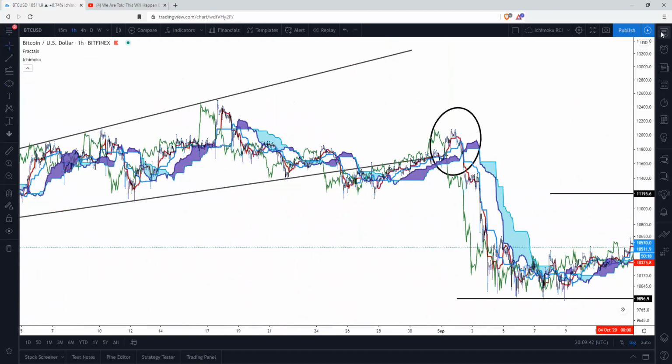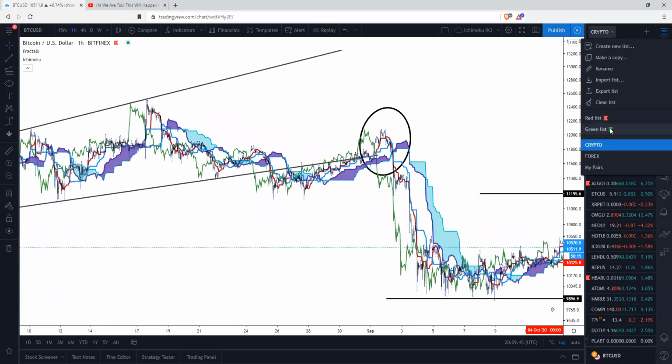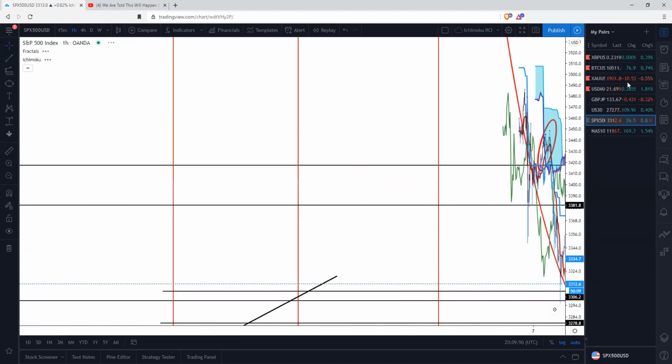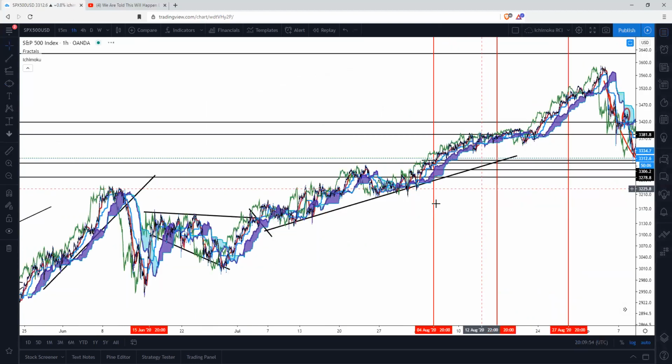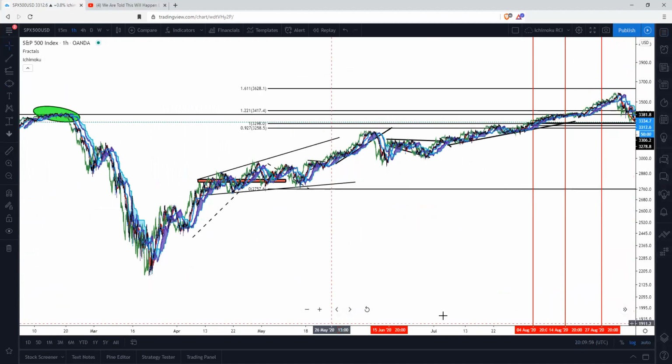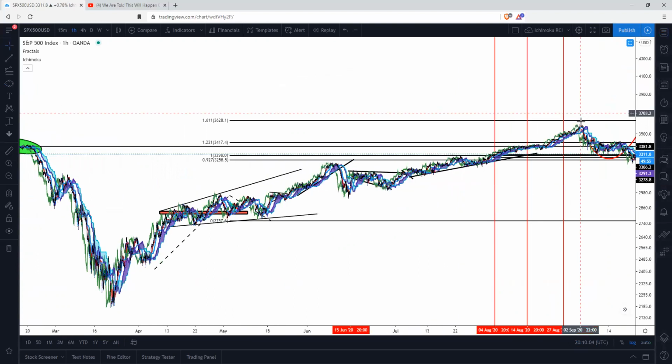Let me show you another example of a Y wave because I have another Y wave drawn up on the S&P 500 right here. So this is one I drew up a long time ago, and it just now almost hit my target right in here, but it actually went from this point all the way up to close to here. So from this N wave down in here, from this point to this point,